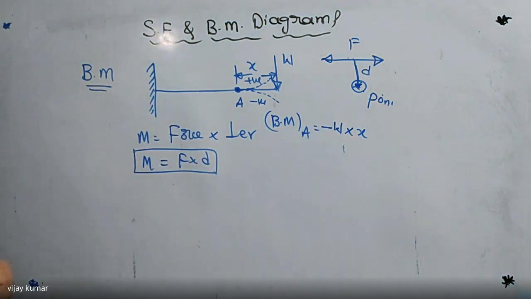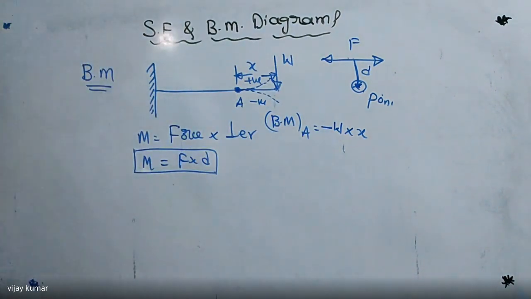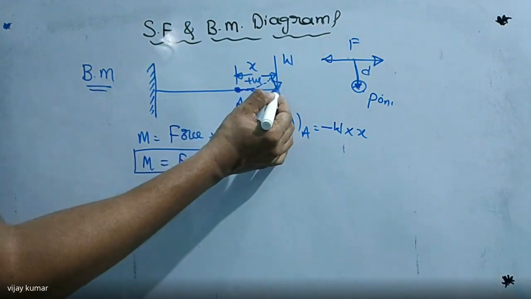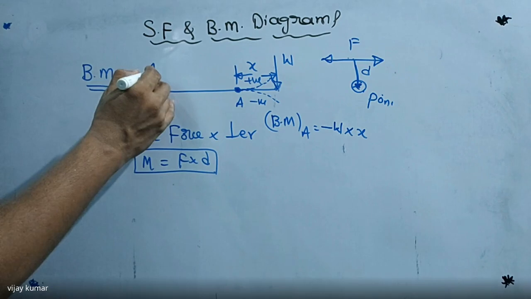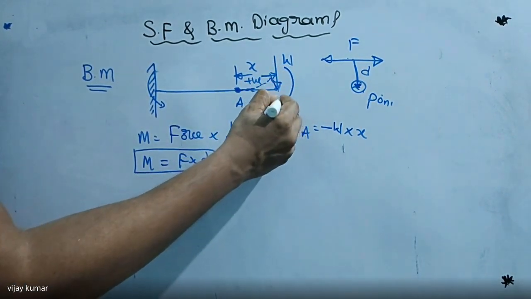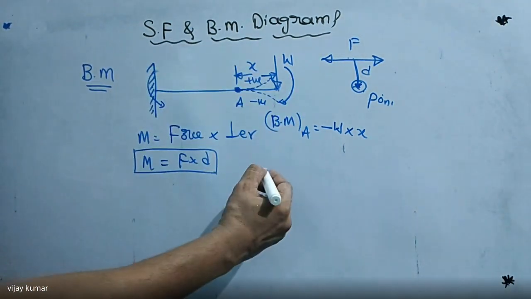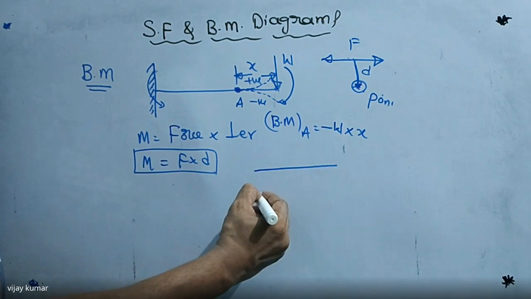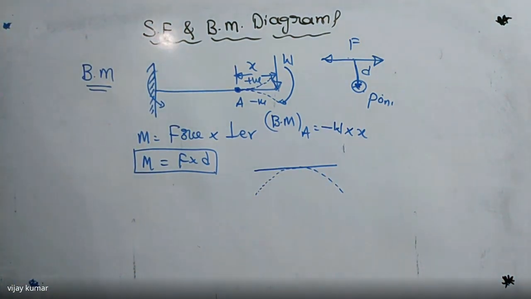So here, this is the sign convention of bending moment, and this is nothing but the bending moment formula. For example, if you apply the force here, the beam will bend like this. So this support will also give some reactive force in this direction. This force gives some moment in this direction. Both have the same magnitude, but directions are opposite, so the beam will bend like this. Did you get my point?